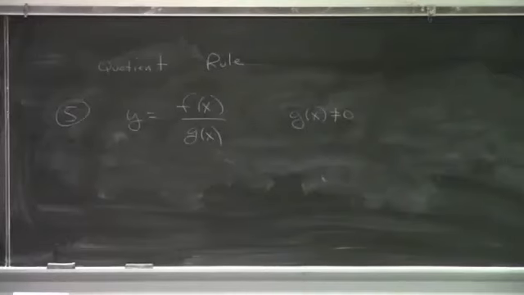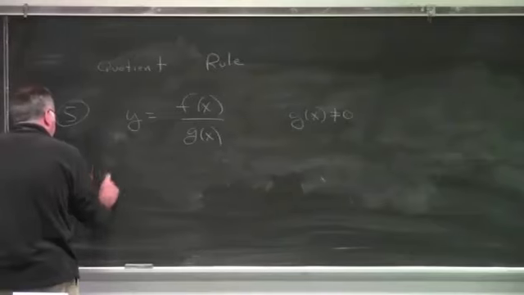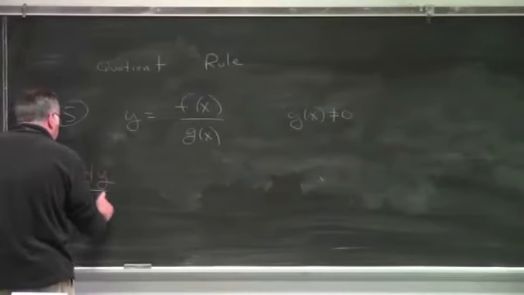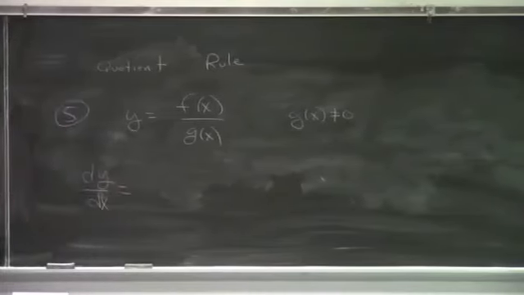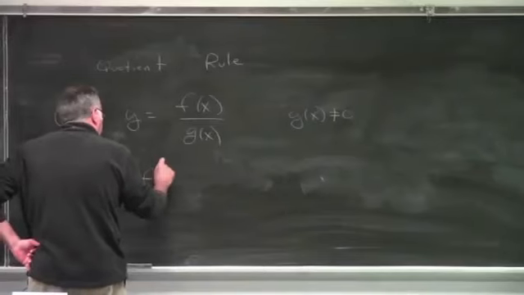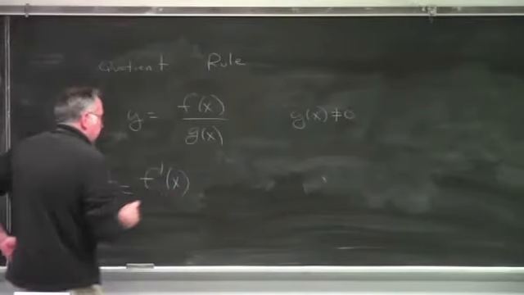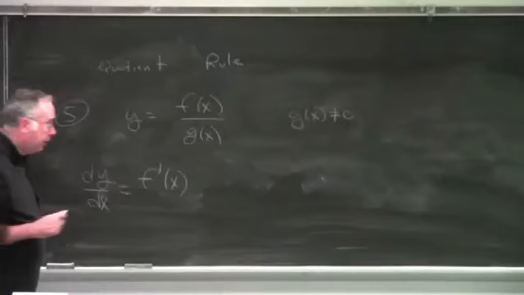So in this case, the derivative is given again by a somewhat complicated formula. It's not very intuitive. But here is the formula that works. In this case, dy/dx is equal to the derivative of the numerator, f prime of x, times the denominator, g of x,